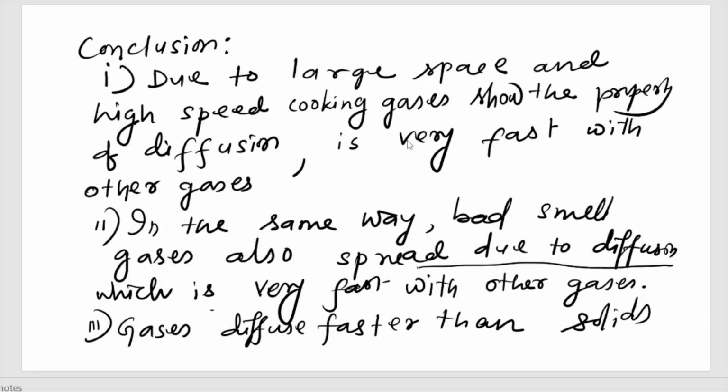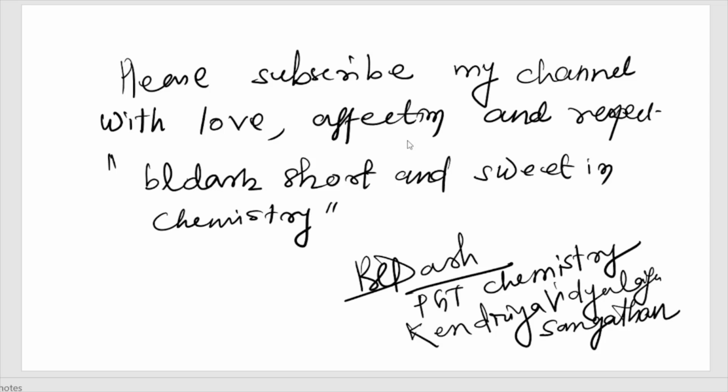Very fast diffusion process, इतना फास्ट होता है, एक रूम में खाना बनता है तब पूरा कॉलोनी को स्मेल नॉन वेज का आता है। क्यों? इसका डिफ्यूजन बहुत हाई है। ऐसे बैड स्मेल में एक जगह में कुछ बैड स्मेल का गैस प्रोड्यूस हो रहा है बाई चांस, देन ये 4 तरफ स्प्रेड हो रहा है वेरी फास्ट विथ अदर गैस, इट मिक्स, डिफ्यूज। गैस डिफ्यूज फास्टर देन सॉलिड एंड लिक्विड ऑल्सो।